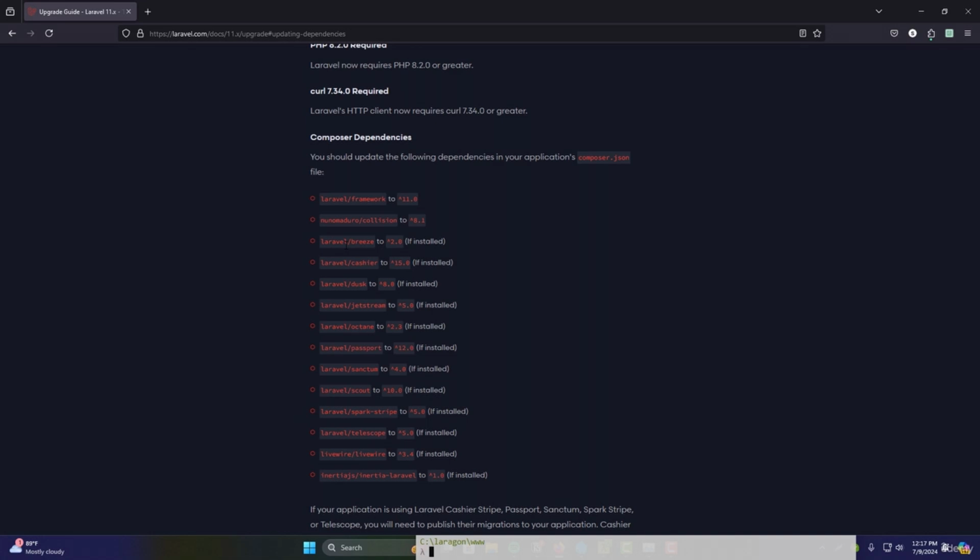But in old projects, or you can say in completed projects, there is a high chance that you used third-party packages in your project. So in that case, if the package that you're using doesn't support Laravel 11, you are pretty much screwed. In that case, you have to manually fix that package to support Laravel 11. Then you will be able to upgrade your application. Otherwise, it will give the dependency error. Okay. Most of the well-known packages at least already support Laravel 11, so you don't have to worry about